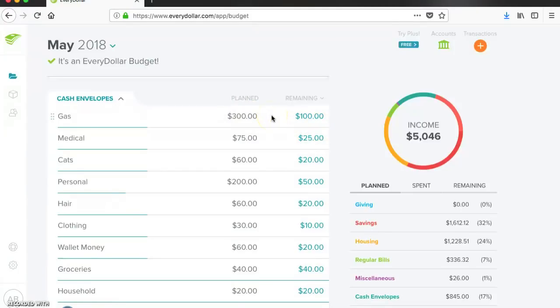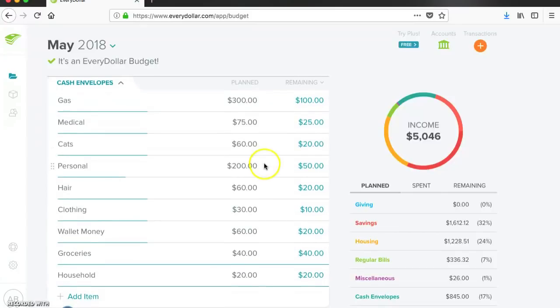I went ahead and I pulled out my cash envelopes. I pulled out $295 if you missed that video. So $100 went to gas, $25 to medical, $20 to cats. I upped my personal to $100 for this paycheck, and it will be $50 again for next, I believe, depending on how much I get. But I pulled out $100 for that this time, $20 for hair, $10 for clothing, $20 for wallet, and then